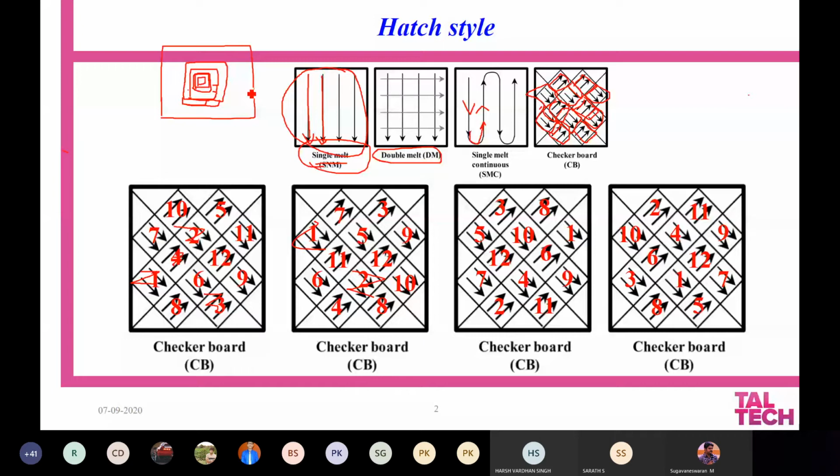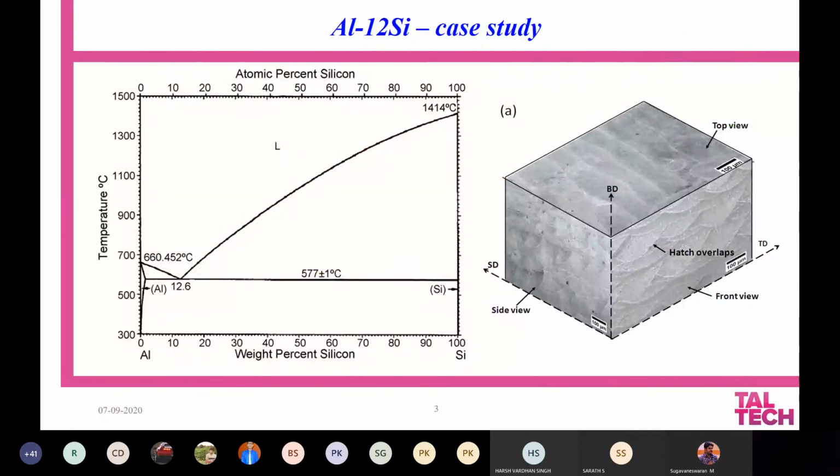You keep on increasing the width every time. Then you go with the next melting and so on. You can also use the same thing in the circular form. For example, if you are going here, you can also have it in the circular form. Anyway, it is more like an onion ring pattern. So every pattern is designed in such a way that it has some influence on the microstructure and in turn the mechanical properties.